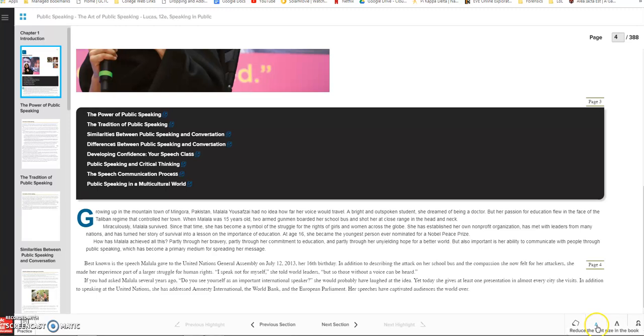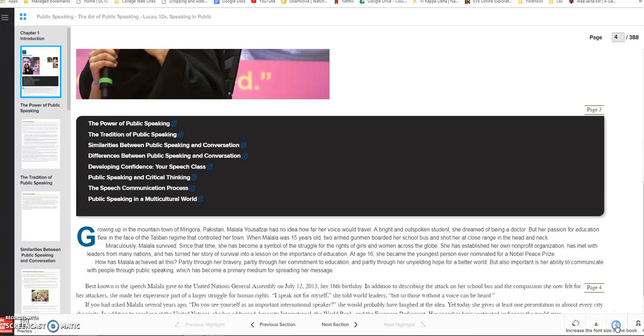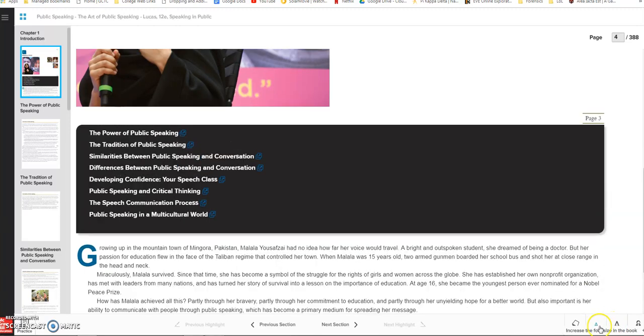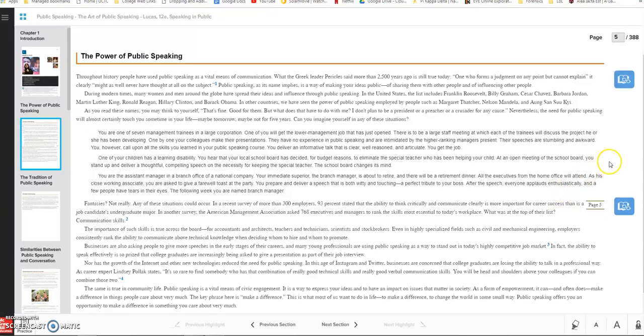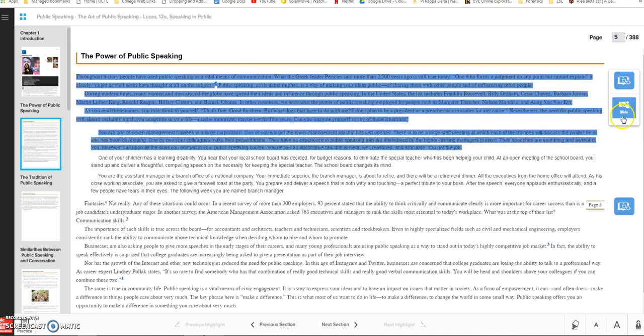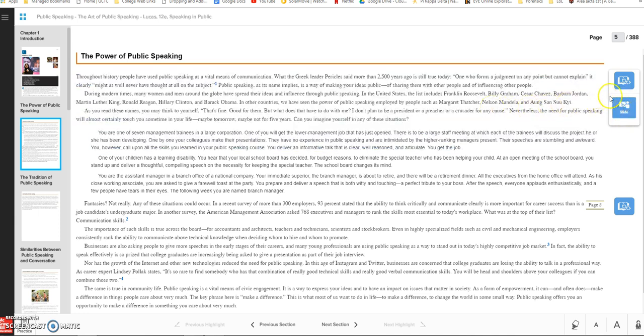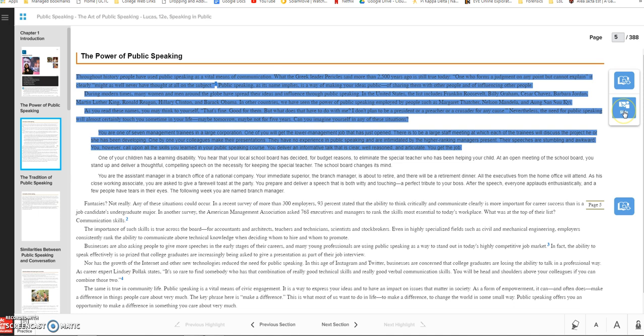You also can use these little A and big A buttons to make the font bigger or smaller. Also, if I go to the next section, you'll see there are these little blue boxes here next to certain sections within the e-text. If I click on one of these, it will kind of tell me what area it's talking about, and then in this case it shows a slide. If I click on that slide,